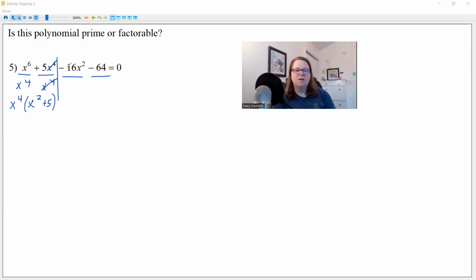Over here, I've got the leading number is negative. So now I'm going to divide by negative. And these will both divide by 4. But they'll also divide by 16. Let's do that instead. That makes more sense. That's our greatest common factor. So negative 16 divided by negative 16 is x squared. Negative 64 divided by negative 16 is positive 4. Okay. Now,